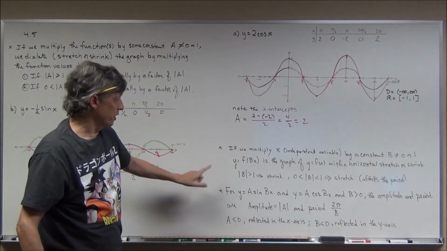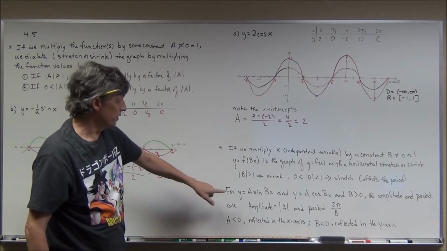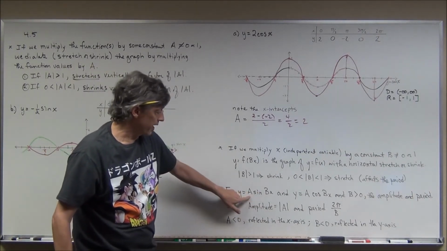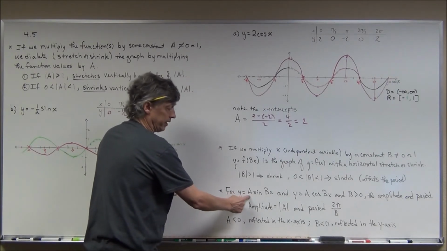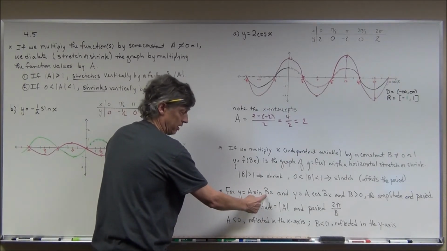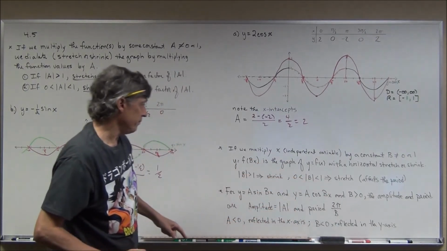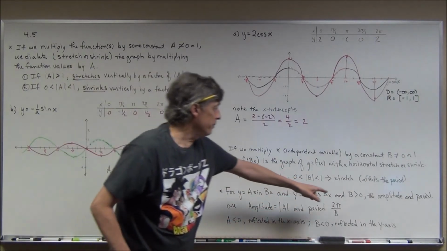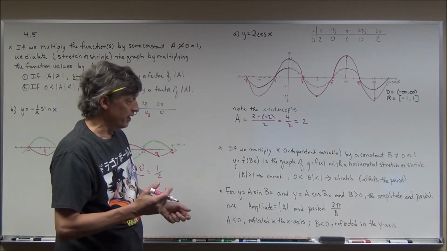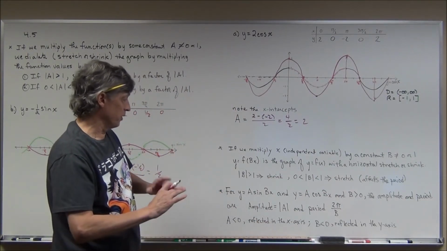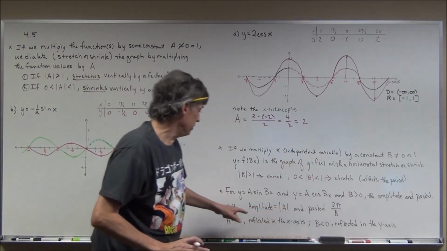And in general here, and I'm going to write this down before I actually do some graphs, in general, if you have a graph, notice here I have both factors. This is the one that affects it vertically, this is the one that affects it horizontally, right? And this is for sine and for cosine. Okay, now in this case I have b is greater than 0, because if b was negative, then you'd have a reflection in the y-axis. We're not dealing with that right this second, but as long as b is positive, the amplitude and the period are